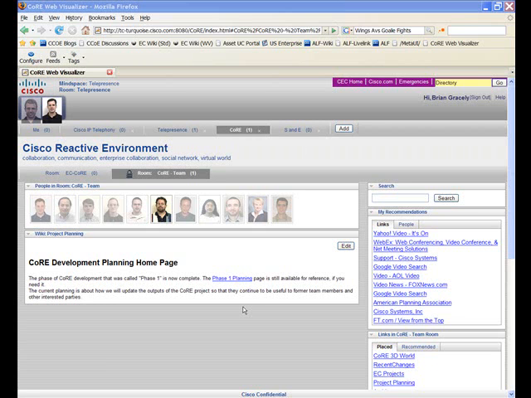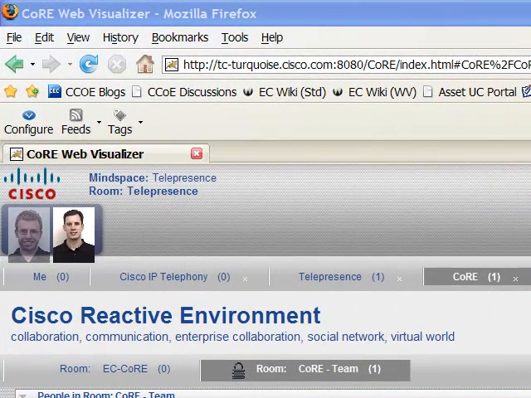The next thing we'd like to take a look at is how we can not only provide the idea of location and team spaces, but also start to look at how this might expand in the future. The first thing we'd like to look at is how this would integrate with the concept of network as the platform. How do we really, beyond just some basic unified communication hooks, tie this to Cisco's overall network as a platform concept and make it extremely valuable both for customers and extremely strategic for Cisco?